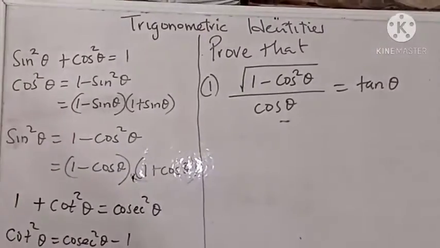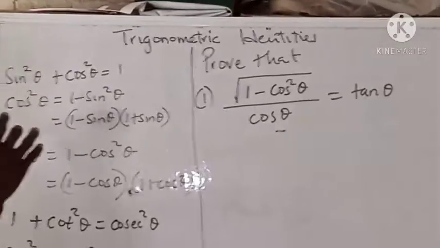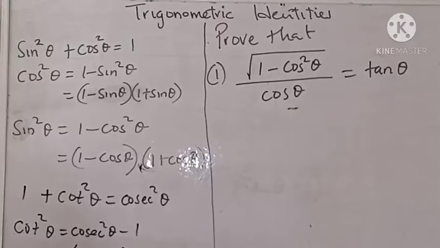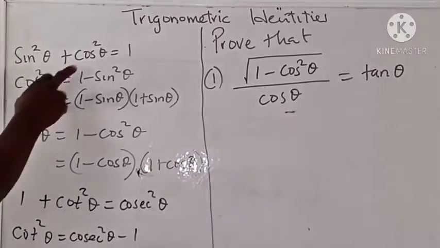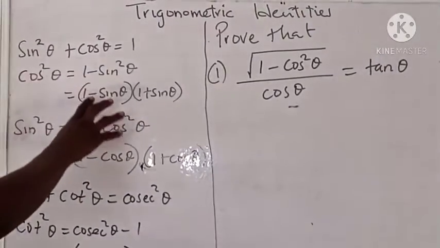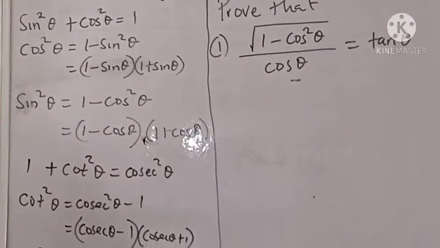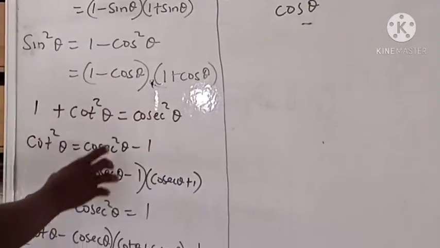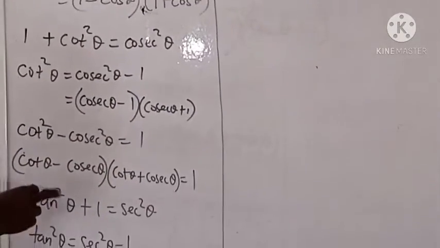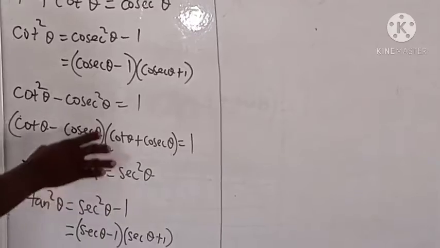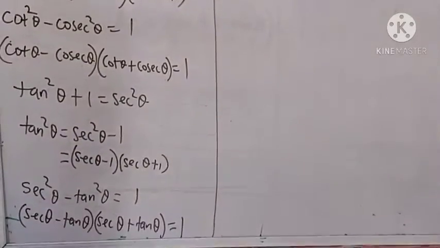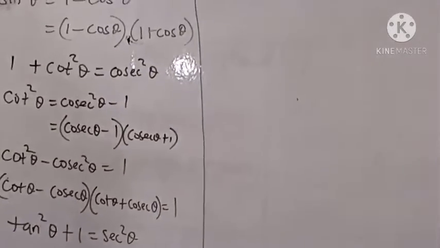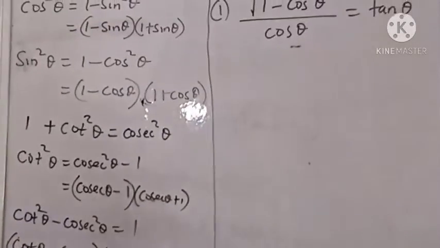A summary of all the trigonometric identities that we have derived is placed here for your perusal. Sin square theta plus cos square theta is 1. Other forms of deductions here. Second, 1 plus cot square theta equal to cosec square theta. Other derivatives here. Lastly, tan square theta plus 1 equal to sec square theta. Other derivatives here. Having understood the basic trigonometric identities, we are now going to use them to solve problems.